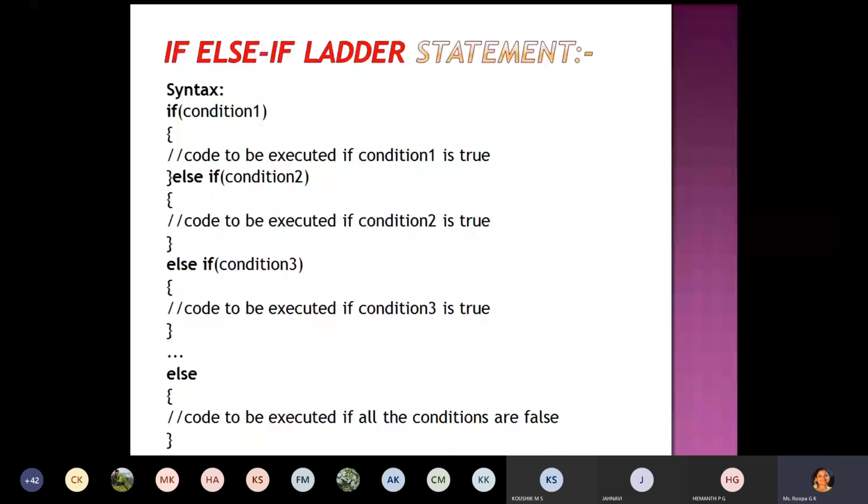Here condition 1 will be checked. If true, the particular block. If false, the second condition will be checked. If the second one is true, code will be executed. If it is false, then condition 3 will be checked. If all conditions are false, then the else block will be executed. This is the working of the if else if ladder.